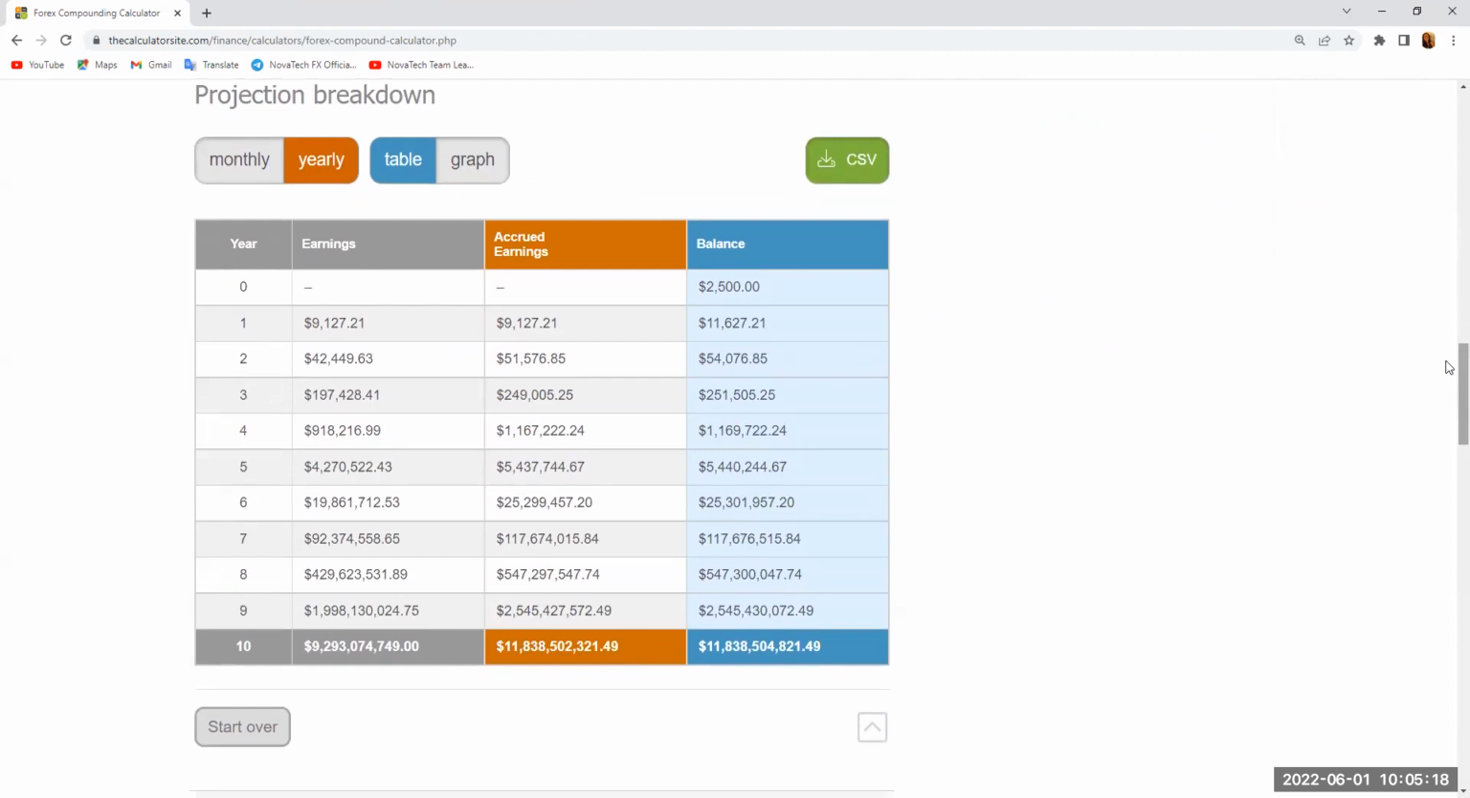At $2,500, your very first 12 months investing in Novatech, you have the potential of earning $9,127.21. That is quadrupling your investment in the very first 12 months. This is phenomenal. Now, give it another 12 months for a total of 24 months. Now you're looking at potentially earning